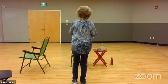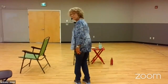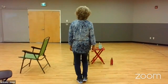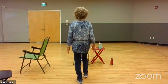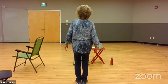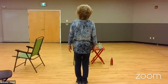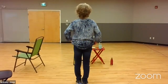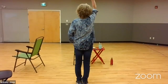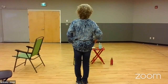So our weight again is on the left foot, and we're going to be doing the same thing essentially as we were with the other dance, but this time we're going to be doing a side point for those glutes. So we're going to be walking again, nice tall posture, head erect. Imagine a string coming through your spine and pulling your head up so that it's nice and straight,